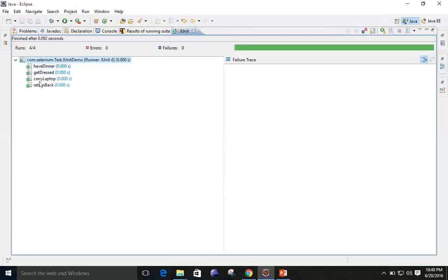Here the pass will be in green color, fail will be in red color, and ignore will be in orange color with 0.00 here. Why is it showing the time? Why is it 0.000 s? Because it has taken that much time only to execute that one.